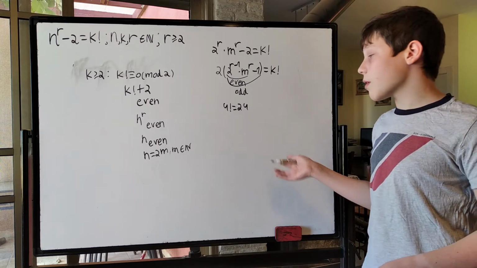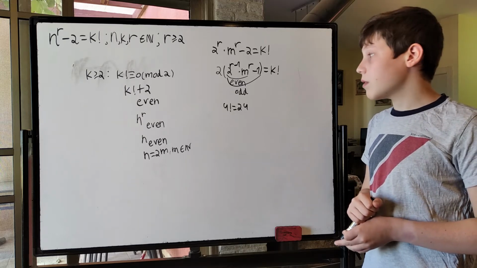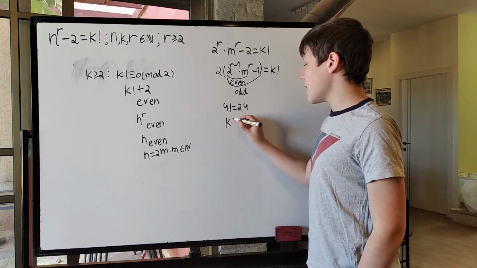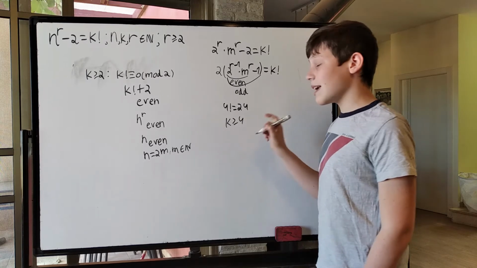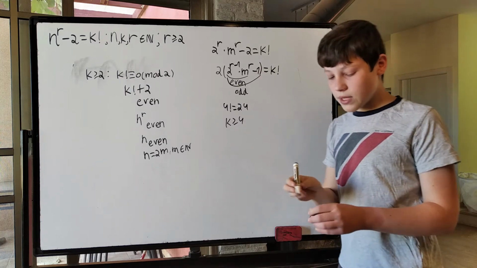So all of them are divisible by 24, meaning that they're divisible by 4, from the point k is equal to 4 and onwards. So k is at least 4 means k factorial is divisible by 4,